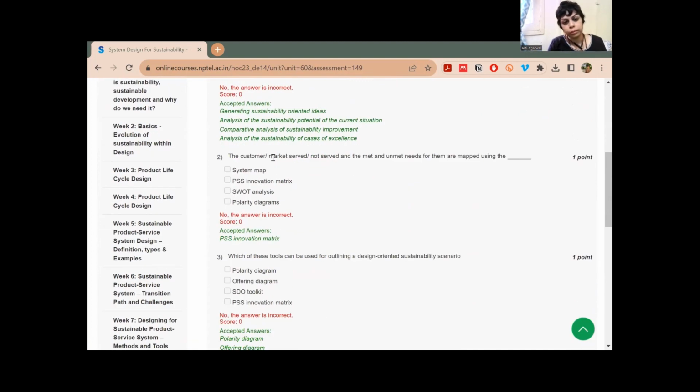So question number 2, the customer market served, not served, and met and unmet needs for them are mapped using which tool? This is something we discussed in the previous class. So if you remember, it is that table with the market on the one side,